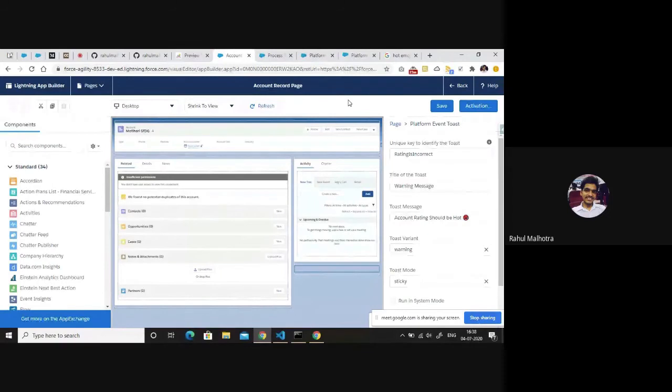But I got to know when I tried that we cannot use related object fields, and we were having a use case where I need to use the related object field to show the warning. So instead of creating a separate component or separate VF page, I decided to go through this approach.